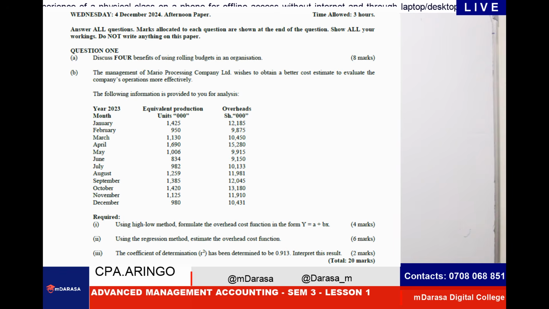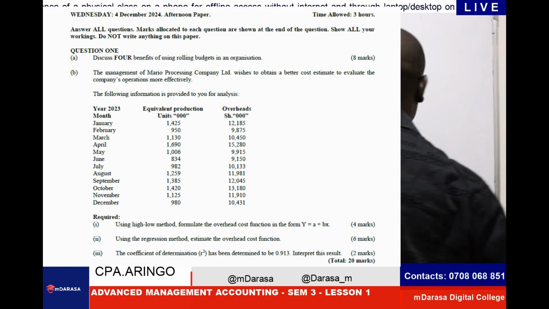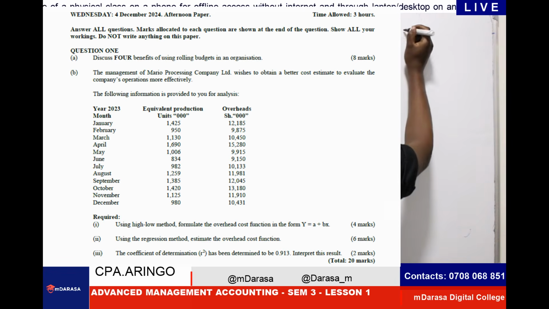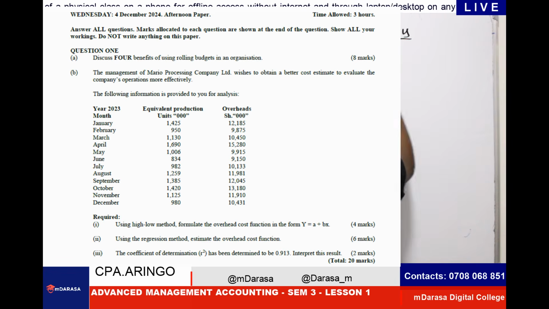So consider our values of X and Y. I only need this bit: 1, 2, 3, 4, 5, 6, 7, 8, 9, 10, 11, 12.